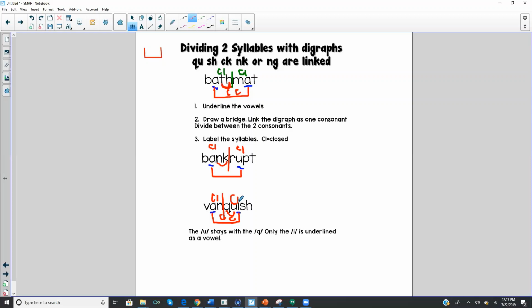So if you're reading a story like a fairy tale and they vanquish the bad guy, that means they get rid of him because he was no good. Okay? So have you heard that word before? No. Okay, that's a new word for you, but you did a really good job of